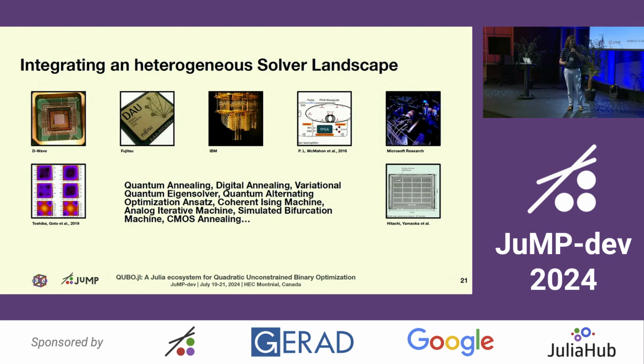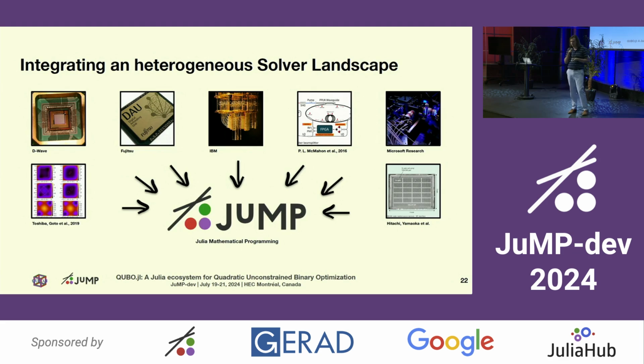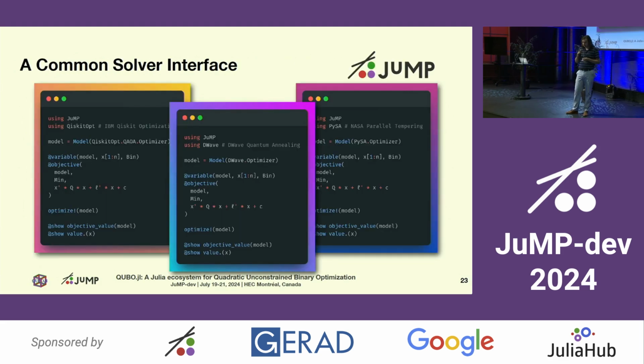On the drivers side, we have a very heterogeneous solver landscape, which means that each of them will have a different API and some different but compatible mathematical framework. Some of them will be accessible locally, some will be photonic or quantum devices, and others will be digital and accessible through the cloud. So we gather everything through JuMP, so the user has a common interface to deal with them.